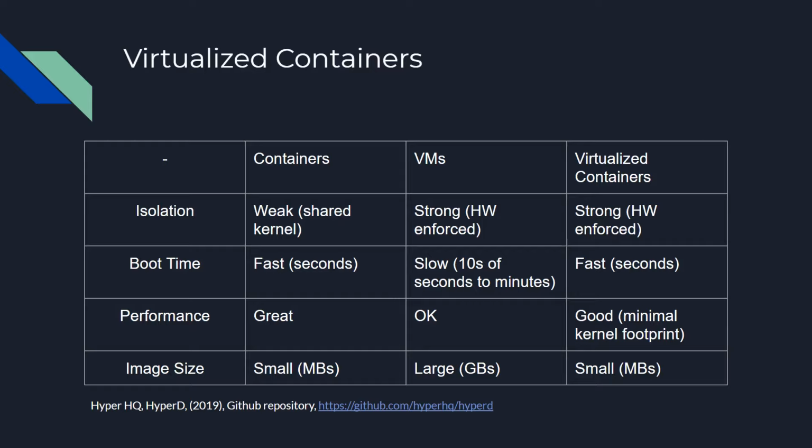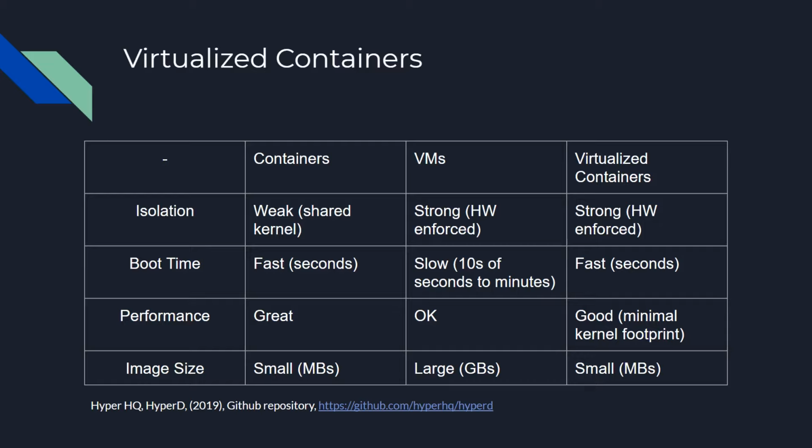So running through this table real fast here, we just talked about how containers have weak isolation because they share the kernel. Virtual machines have very strong isolation because they're all running their own independent operating systems. Virtualized containers are going to have strong isolation because when you deploy a virtualized container, you're actually deploying a very small, stripped down kernel alongside the container, and then the container runs on that small kernel. So it's no longer sharing the kernel of the host. Boot time wise, virtualized containers are very